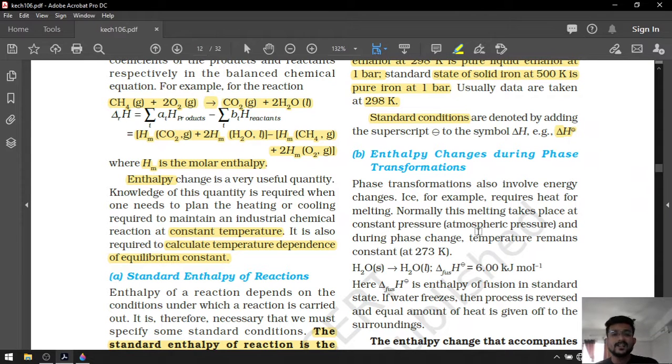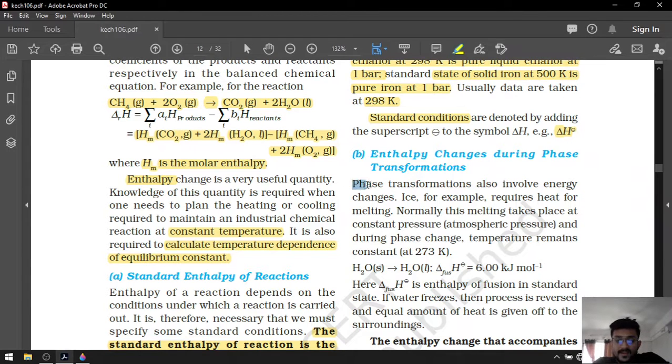We have three physical changes. Solid converts to the liquid, liquid converts to the vapor phase or gaseous phase, and solid directly converts to the gaseous phase, right. When we convert solid compounds into liquid compounds, that reaction is the fusion reaction. After that, when liquid compounds are converted to gaseous compounds, that reaction is the vaporization reaction, and when solids are directly converted to gases, that reaction is the sublimation reaction, right. So depending on these three reactions, we have three different types of enthalpy.